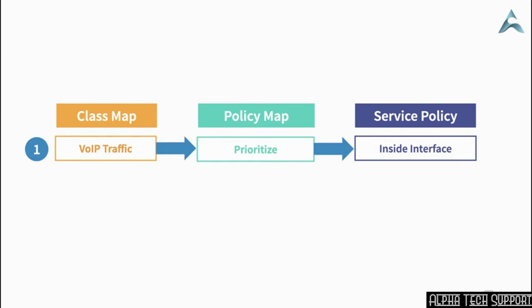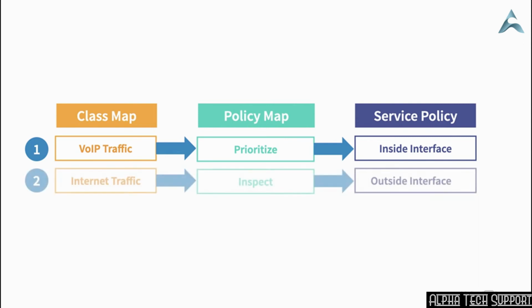We create a class map to monitor voice over IP traffic. The policy map prioritizes that traffic, and we create a service policy and specify that we apply the policy map to an inside interface. We create a class map to monitor internet traffic. The policy map inspects that traffic, and we create a service policy that specifies that we apply the policy map